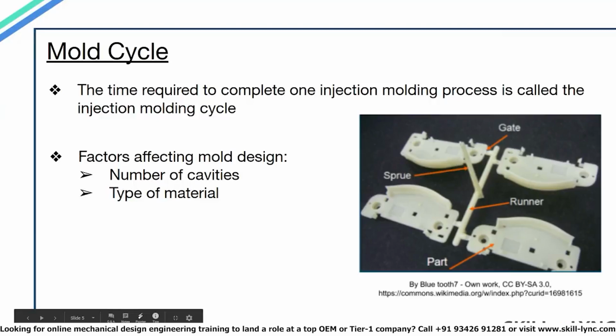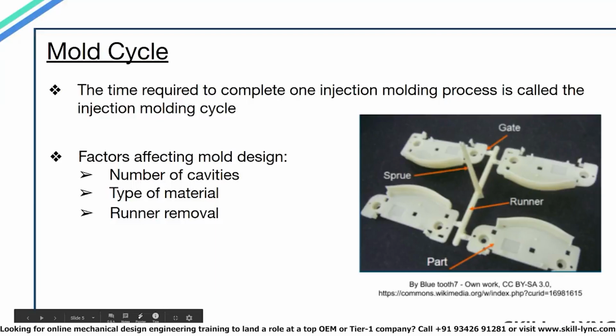You can see the sprue on the image on the right. Now, sprue is basically a large channel in the mold which receives the molten material from the nozzle. This sprue channel gets divided into a number of smaller channels called a runner. This runner carries the molten material to each individual section of the mold, and the connecting channel between the runner and the part is called the gate.